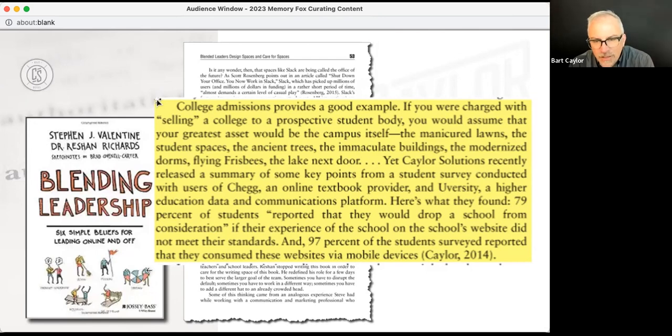So again, you can see Caylor 2014. What's fascinating to me about that is that while they referenced Chegg, while they referenced Uversity, I got the footnote. I became the authority. I was the one that said, yet Caylor Solutions recently released a summary. Chegg and Uversity, I feel bad about this, but they spent a lot of money on this study. They invested a lot of time,